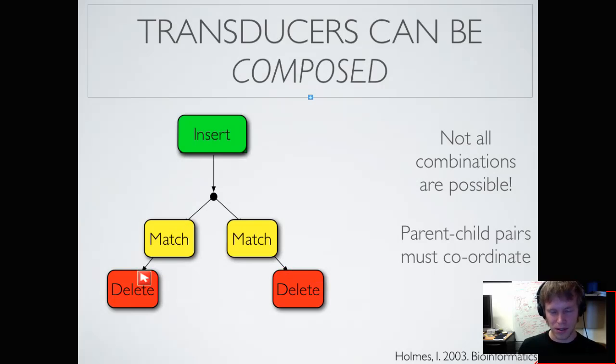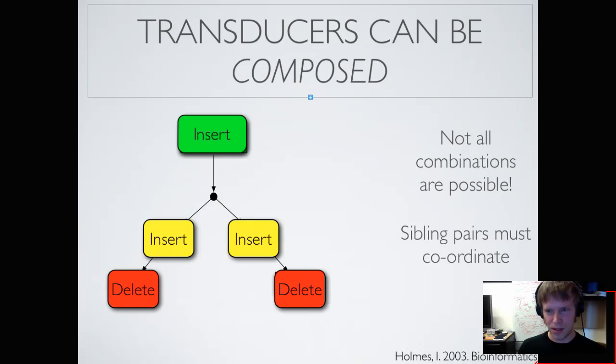We think of the leaves as absorbing and even deleting these sequences that reach them. The key is that the parents and children of these branches have to be coordinated. So if one transducer is emitting a sequence, the transducer below it must be accepting the sequence, like in a match or delete state. So this is a legal